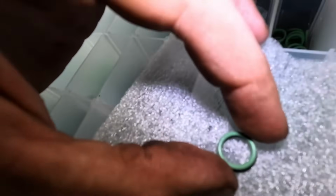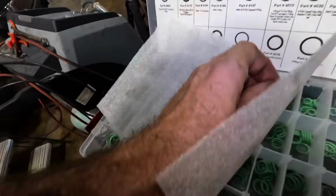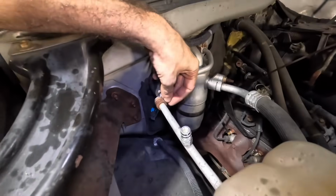Yepper, that one's good to go. We got a winner, so let's put that one back. Whoa, don't go anywhere. The wind's blowing right in front of the fan. Error, mistake. There we go. Okay, got a new O-ring. Let's get that guy back on over the tube and we will assemble